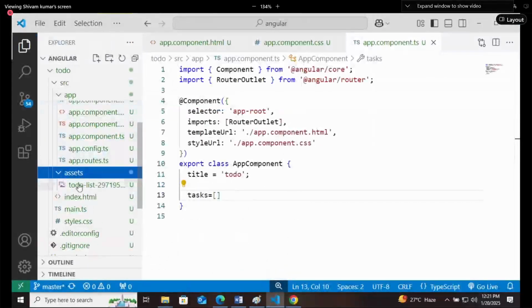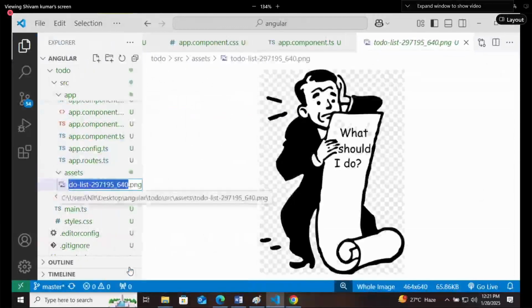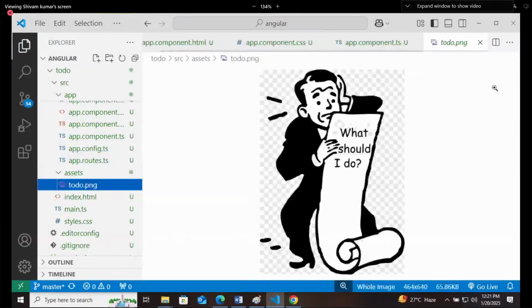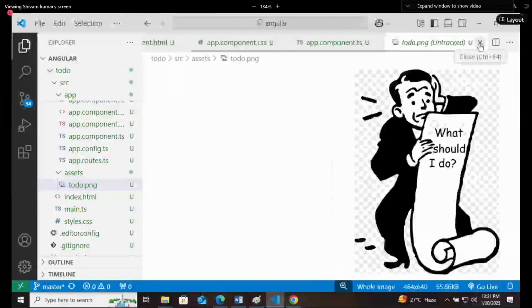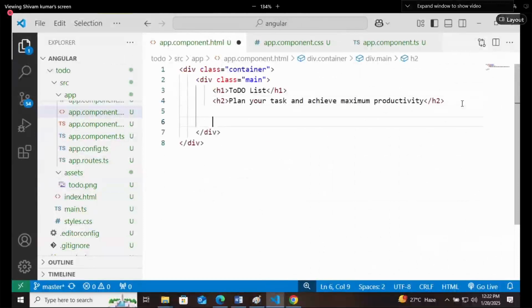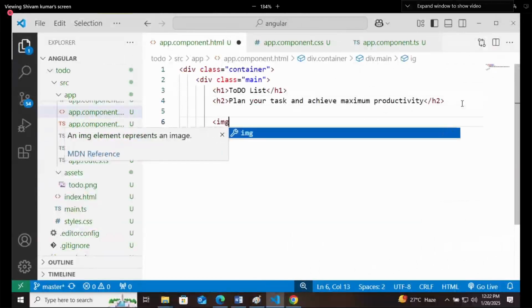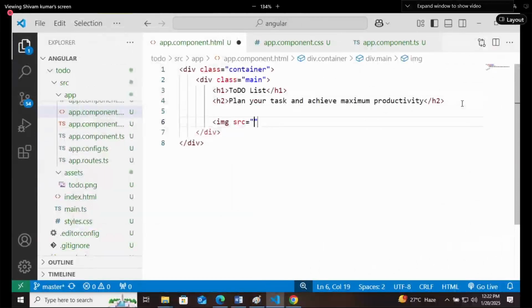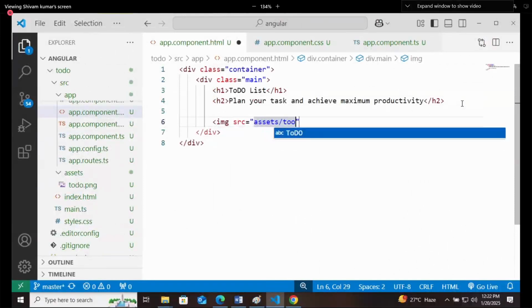And I'll rename it to todo.png. After that, in the component, I will show that image with src equals assets slash todo dot png.